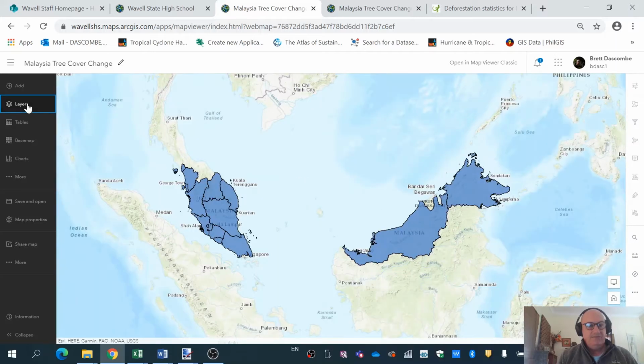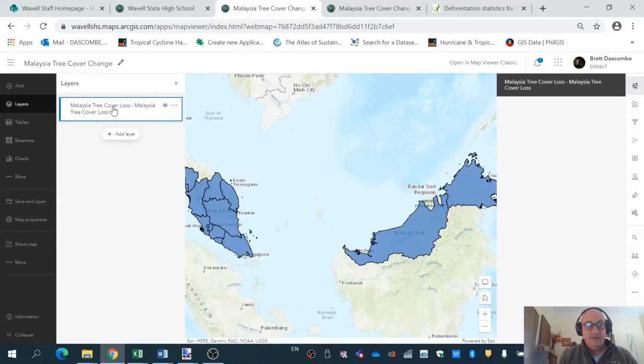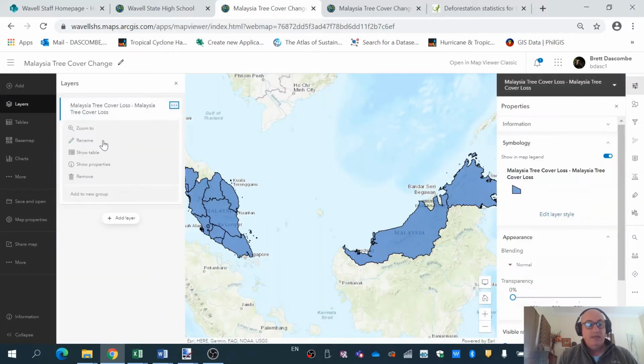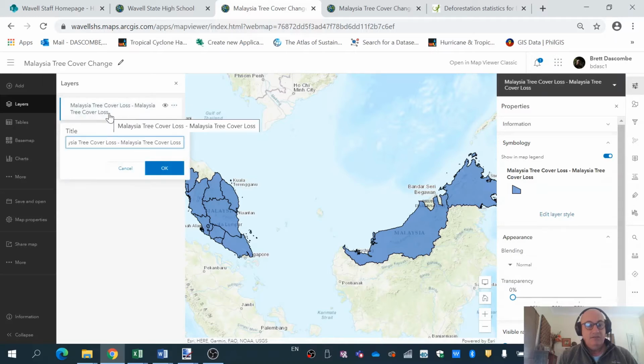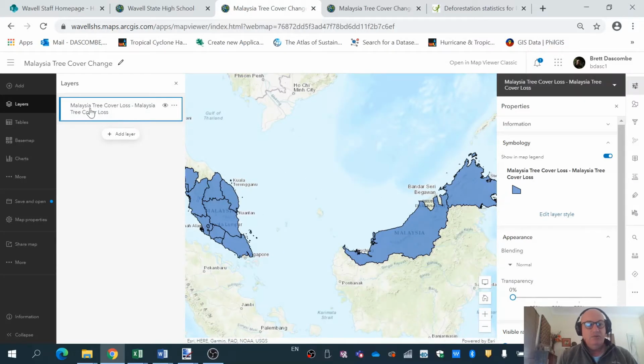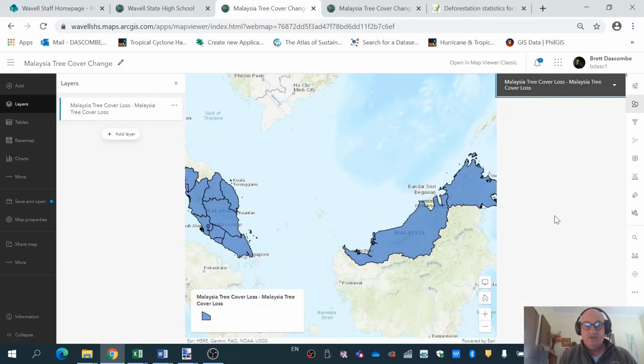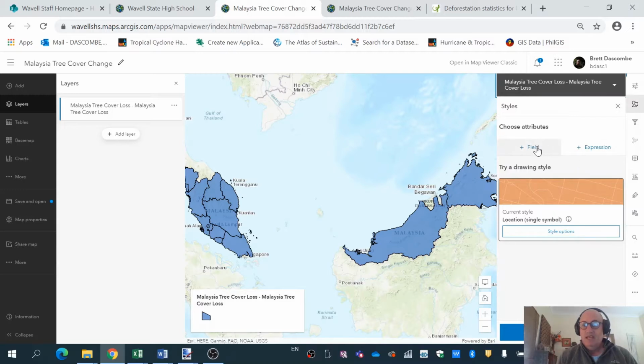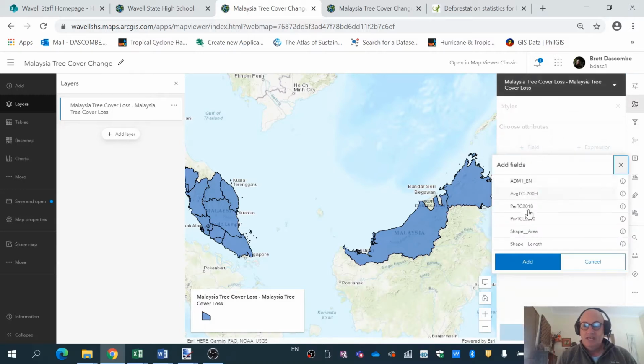Your layers, that's this one here, and I would always recommend you rename it, and you can just simply rename it there. You have to have that one highlighted, the blue line around it, and then you can start operating in this area here. So to edit your style, you've got to go across to this side, and you've got to add a field expression. So there's my field expressions there. I'm going to do the same map, percentage tree cover loss since 2000. I'm going to add that,